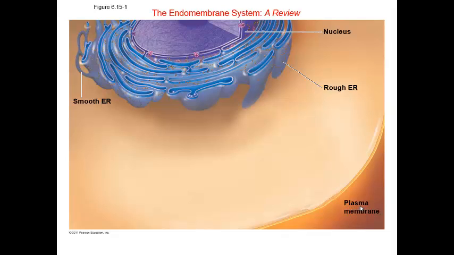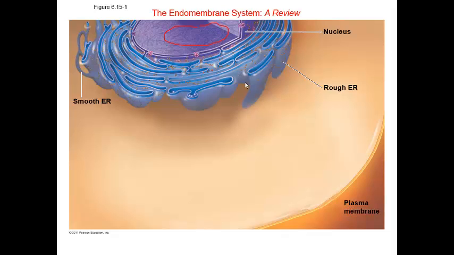Here we see how the endomembrane system is involved with the process of protein synthesis. We begin at the top here with the nucleus. The nucleus contains all the DNA, the blueprints on how to create all of the cell's proteins. Protein synthesis is actually going to take place at these tiny little dots that we call the ribosomes. Once these bound ribosomes manufacture the protein, it is going to enter the rough endoplasmic reticulum, which is going to modify